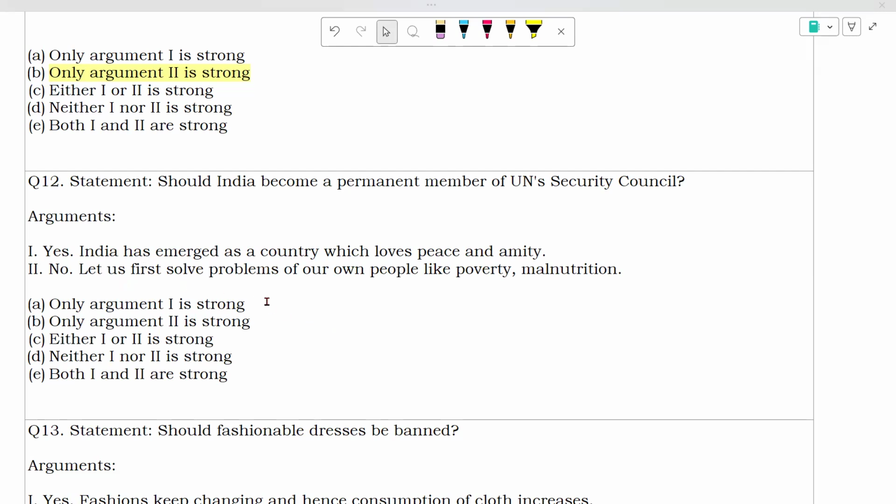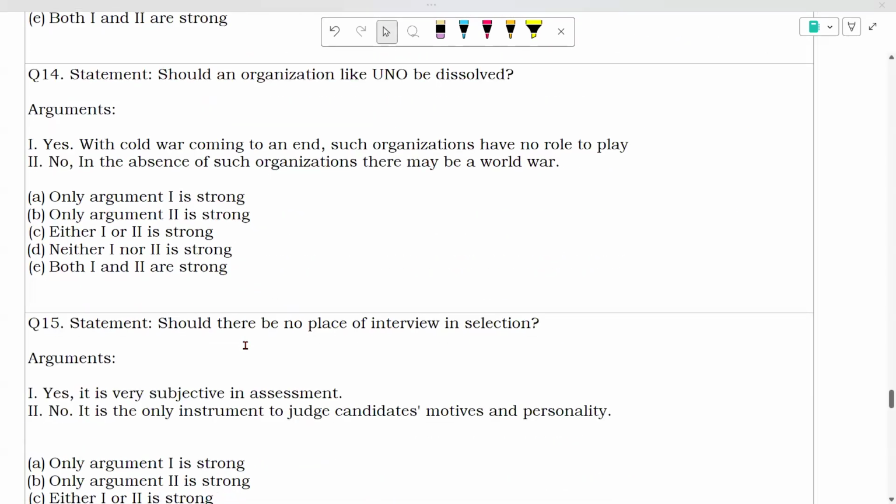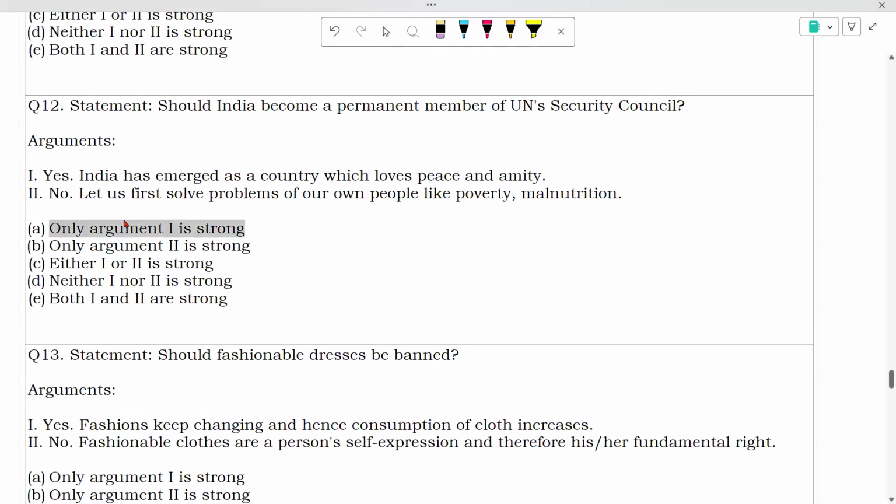So tell me whatever answer, A answer or D answer? A, D, D. I'm getting A, D. Okay. So let us see what the answer to 12th is. The answer to 12th is A. 12th A is correct. That means,